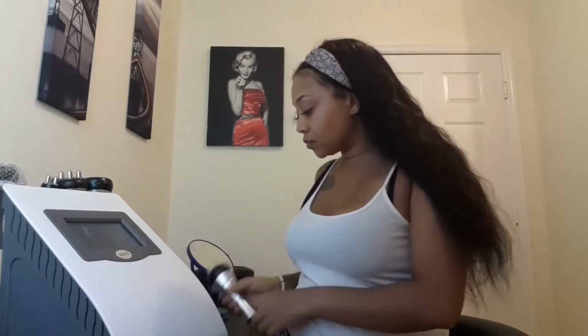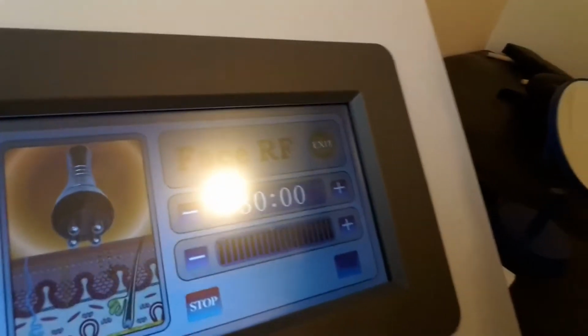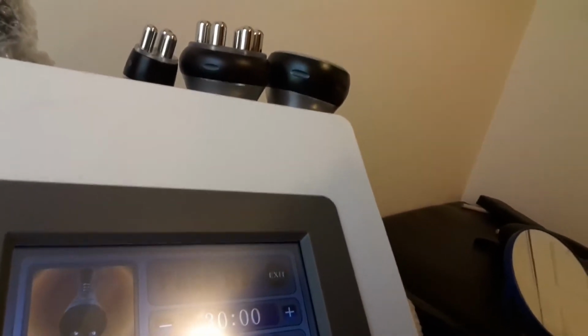So they tell you to put it to 5. So what you do is, hold on, let me show you so you can see. On here it has a screen, you see that? And so what I do is I press RF face, which I pressed. I couldn't do both with my hands. And then